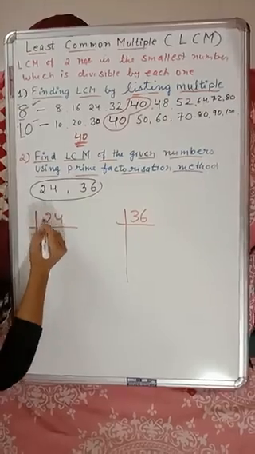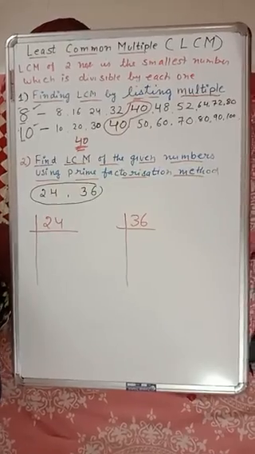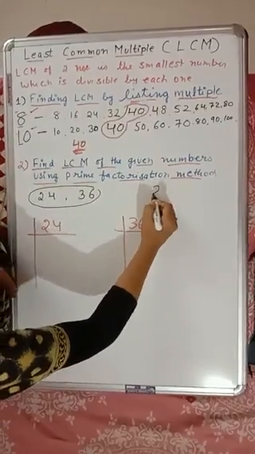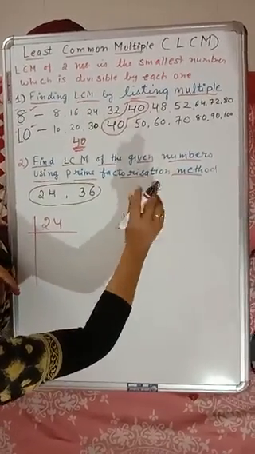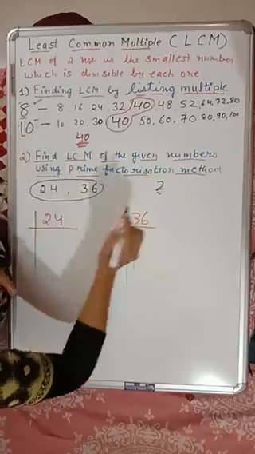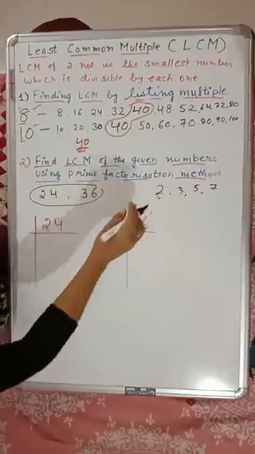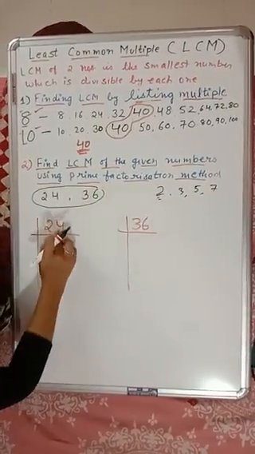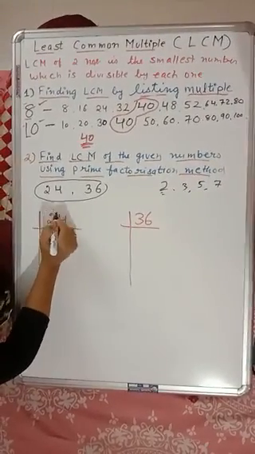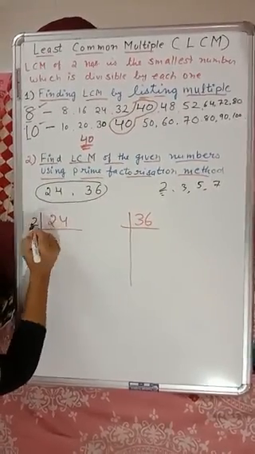First we have to find the factors of 24. Whenever you are finding factors, we always have to use prime numbers, and we have to start with the smallest prime number, which is 2. We cannot do the factorization with a composite number. We always use prime numbers like 2, 3, 5, 7 and so on. We start with 2 because in the ones place we see 4, which is an even number, so it will be divisible by 2, and 2 is the smallest prime number.